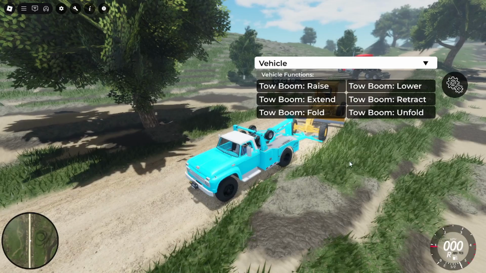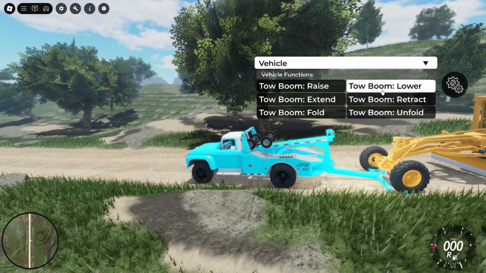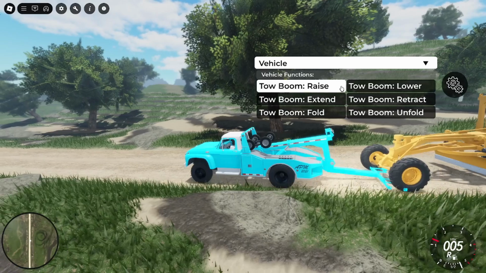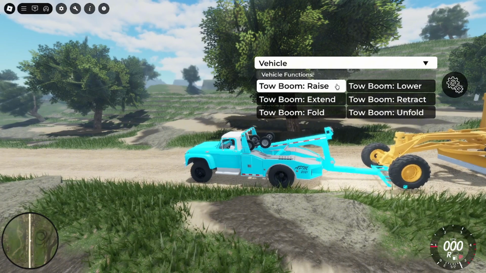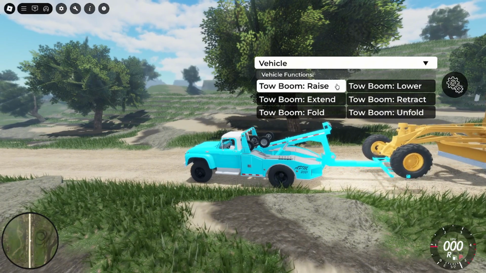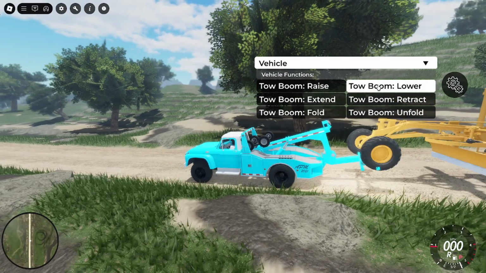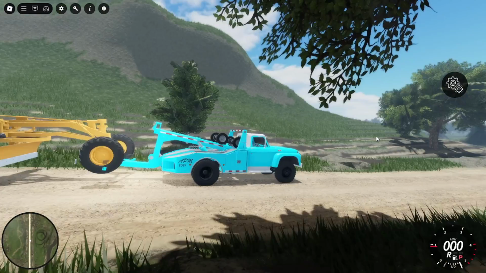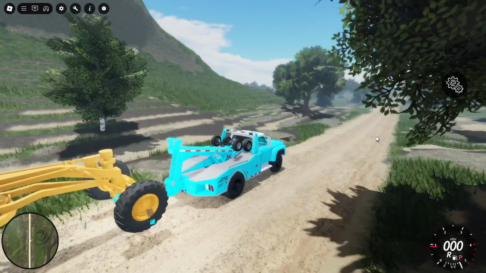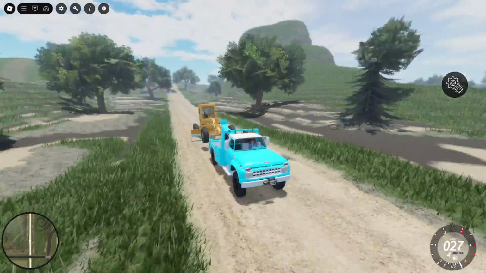So I'm just gonna connect it to the grader just like that, in between the two front tires, and now I'm gonna raise that up. So extend. Okay, I don't know what to do. Okay, there we go. As you can see, I'm raising it up, and then fold. Should I fold it up? Okay, I want to raise it. I don't know if I can though. So right here should be good. It's a little bit off the ground, very close to the ground at the same time, but right here should be the perfect level for it to be